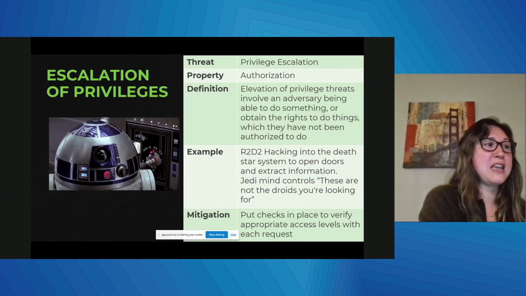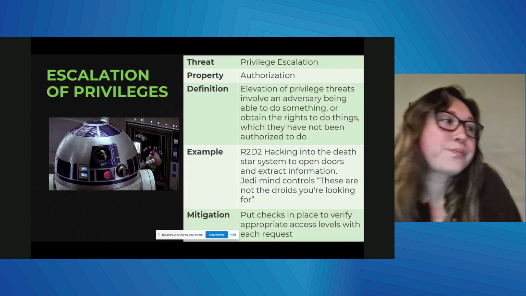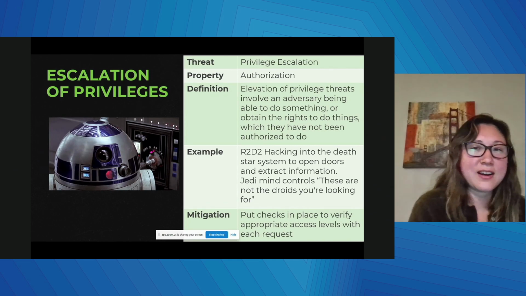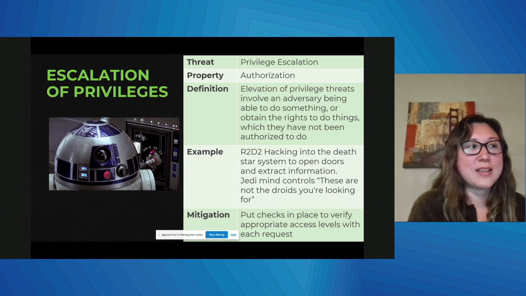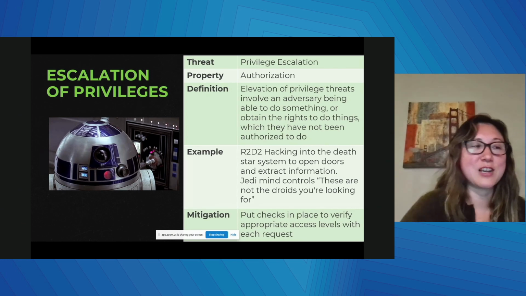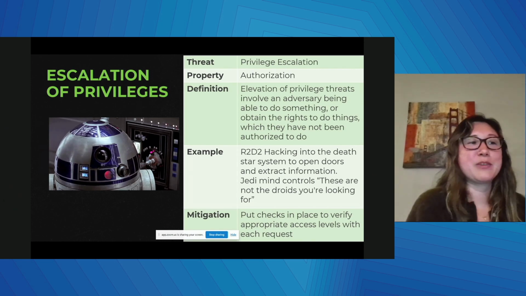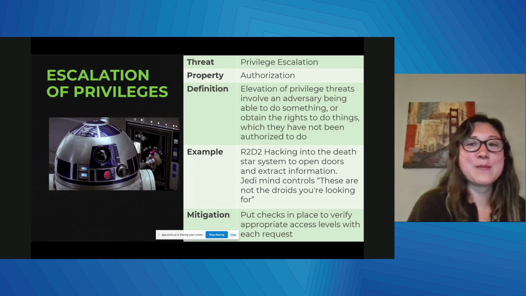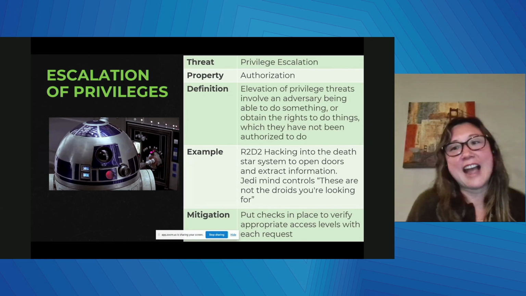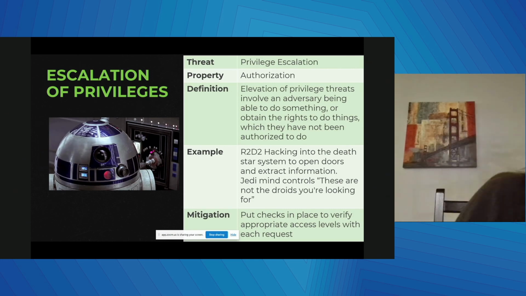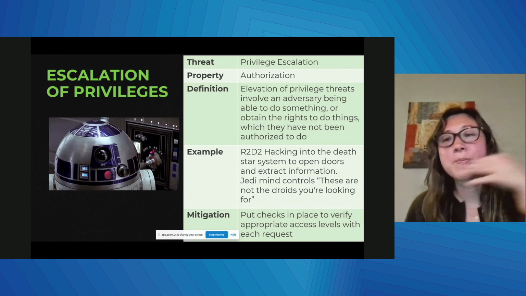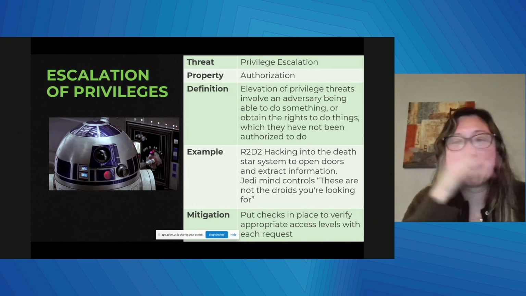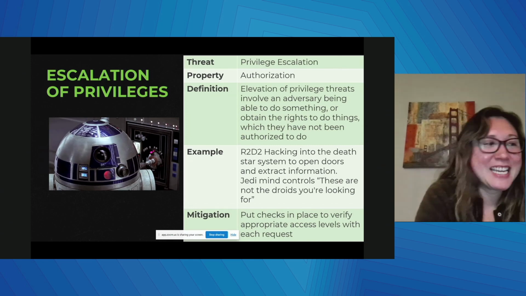And last but not least, E here stands for elevation of privilege. This is about preventing unauthorized personnel from gaining access to sensitive areas, and it is very crucial because elevation of privilege threats could enable attackers to manipulate the station's operations from within. Implementing the principle of least privilege and rigorous access controls can counteract these risks. In this example, and pretty much anytime you see R2-D2, he's hacking into something because he's just a little hacker. Here he's hacking into some of the star system doors to open them and extract information. Also, in an unfair universe, Jedi mind control tricks can probably escalate privileges pretty easily.